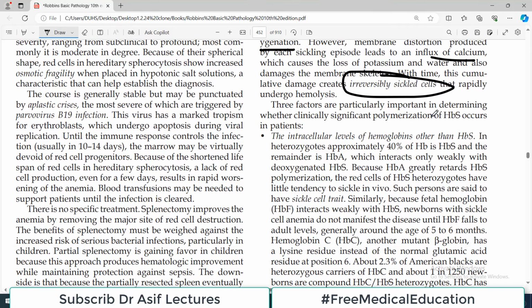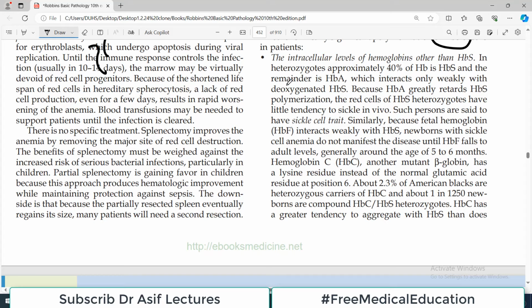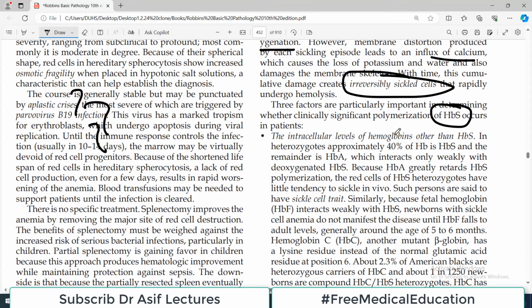3 factors are particularly important in determining whether clinically significant polymerization of hemoglobin S occurs or not. Polymerization का मतलब है ये sickle hemoglobin जो है red blood cell, ये आपस में मिलजुल के polymerize होते हैं, and polymerized hemoglobin is ineffective in carrying oxygen. तो 3 फैक्टर्स हैं जो इसको प्रिवेंट कर सकते हैं, and they will actually determine कि सिकलिंग किस सिवियरिटी की